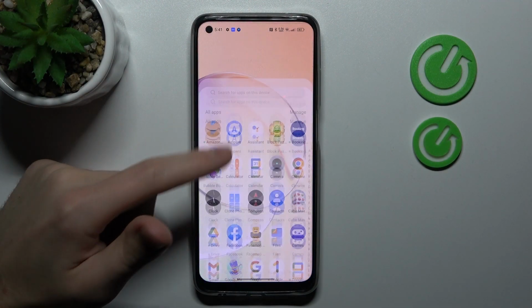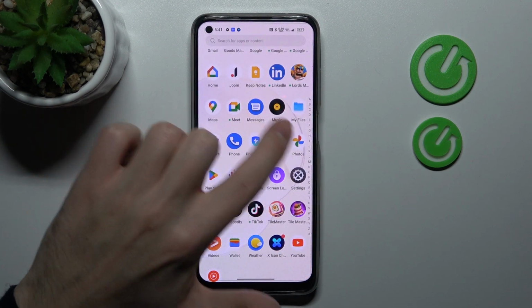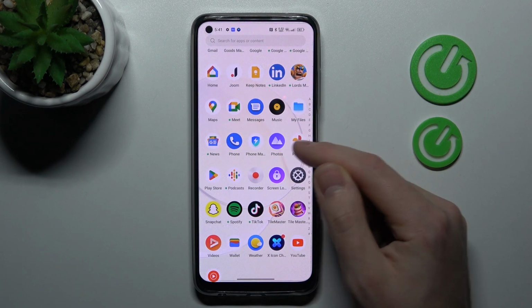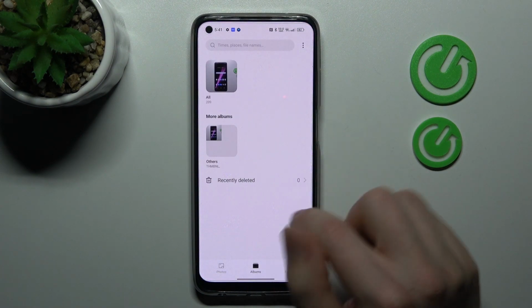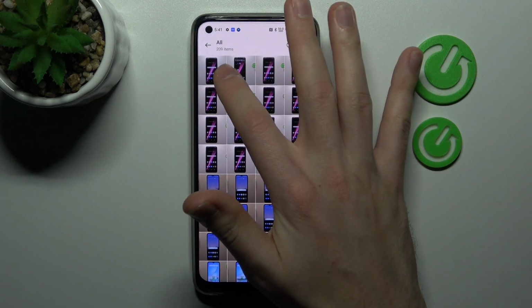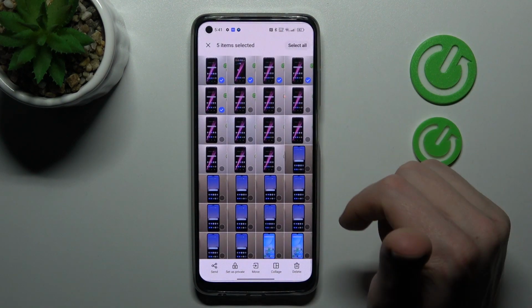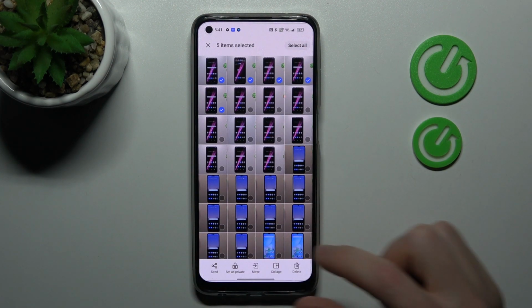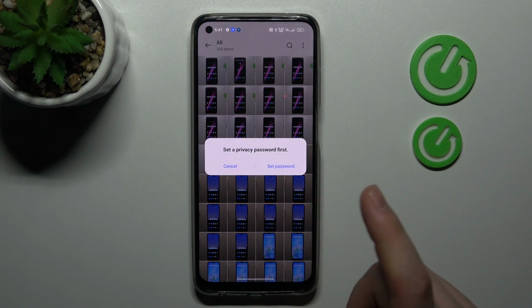First of all, open your Photos application. It's the standard application on this phone, this one, not Google Photos, only this. Open this, then go into Albums, press and hold and select the photos you want to hide, for example these 5. Then on the bottom block we've got a Set as private button, tap it,